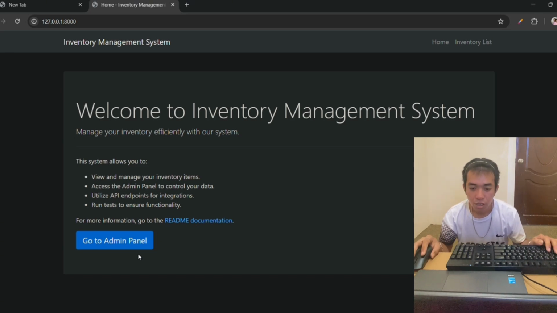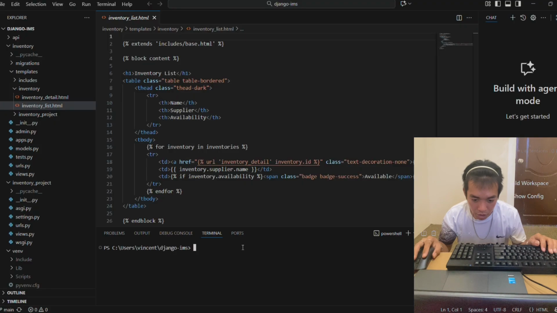Then this is how to run the system or the web app. So first, open it on any editor like Visual Studio Code. Then